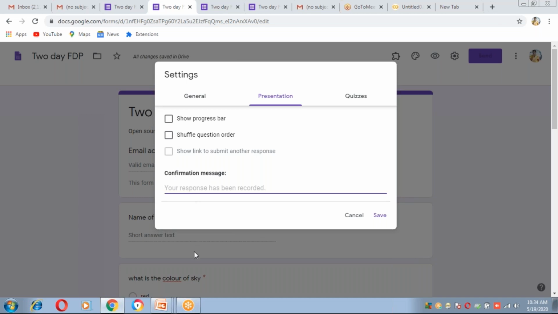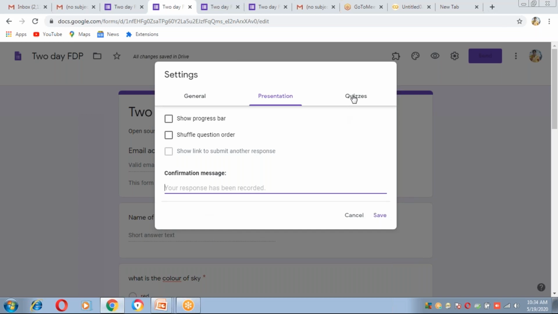Once the participant has submitted their Google form, they see, thank you for your submission, your response was recorded. Likewise we can give the confirmation message here.